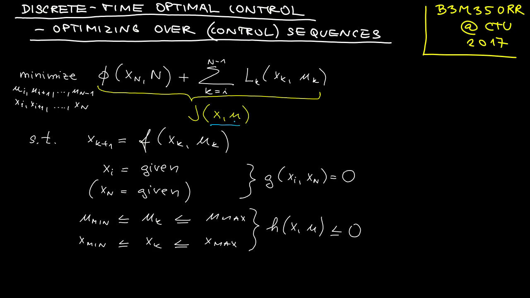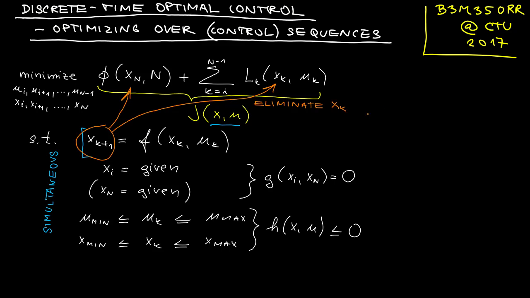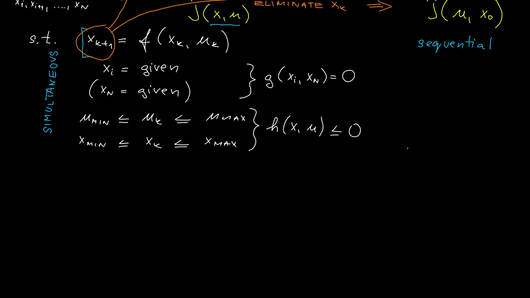Now, let me remind you that the cost function is a function of both x and u, which are coupled through the state equation. Therefore we call this approach a simultaneous framework. What we could however do is use the state equation to actually eliminate the state variables from the cost function, and this will give us a new cost function. Let's label it J tilde, which will only be a function of u and possibly x0, or in fact it should be xi to keep the notation. And this approach is called the sequential approach,